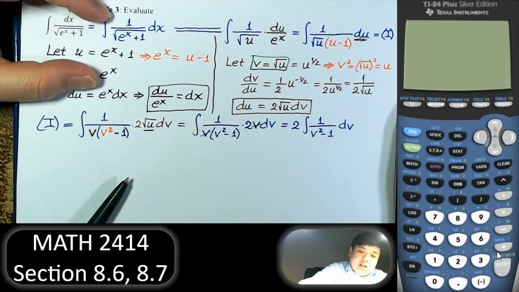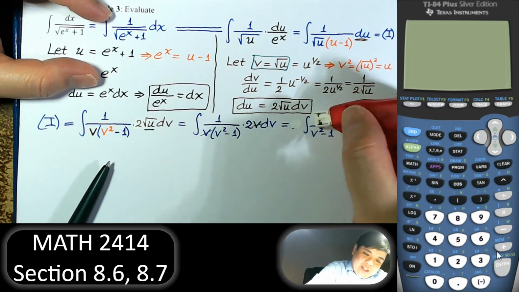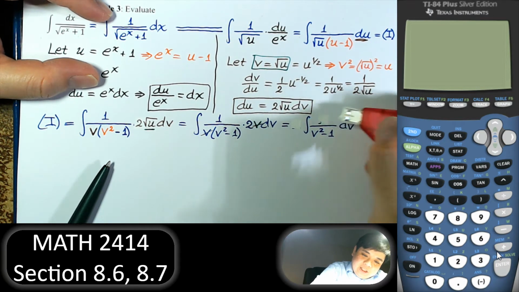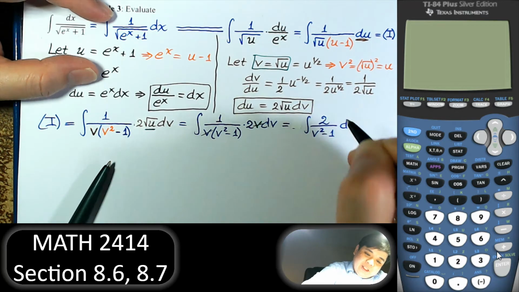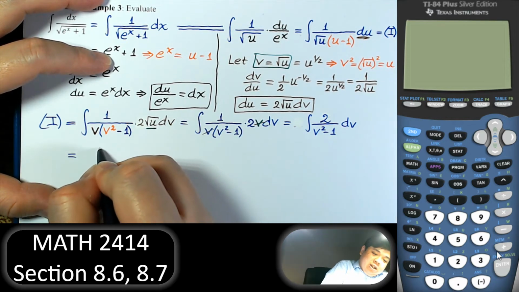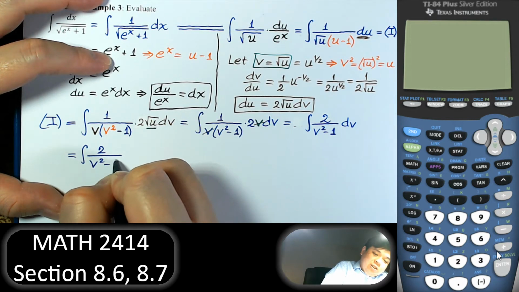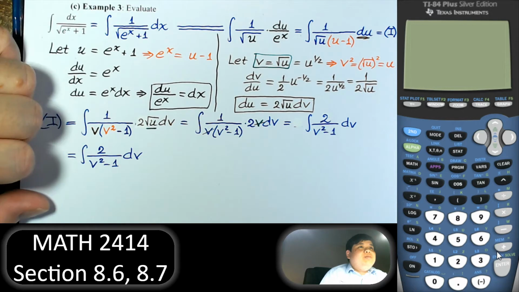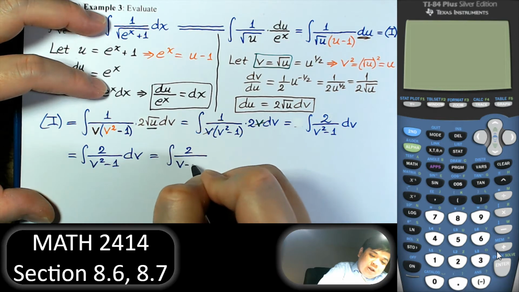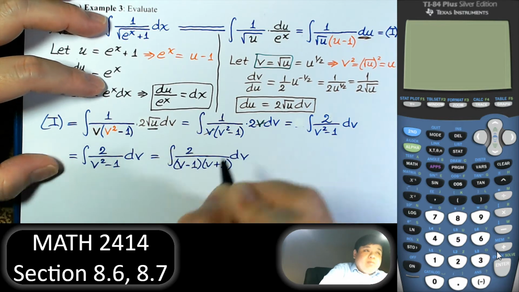Oh, but you know what? Let's keep the 2 inside. The reason we keep the 2 inside is because this is just a partial fraction, and that would not be expected. So, integral of 2 over v squared minus 1. Very nice, right? And that is 2 over v minus 1, v plus 1. Right. Now,